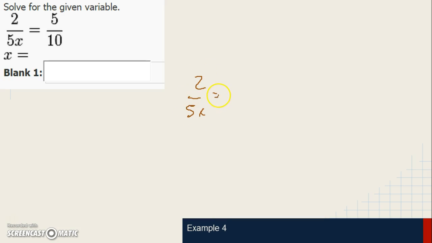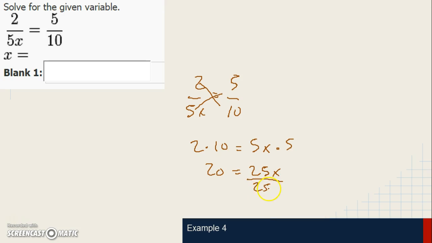2/5x equals 5/10. I'm going to cross multiply. So I have 2 times 10 equals 5x times 5. That's 20 equals 5 times 5 is 25 times x is 25x. Now I need to get x by itself, so I'm going to divide by 25, divide by 25, and I have x equals